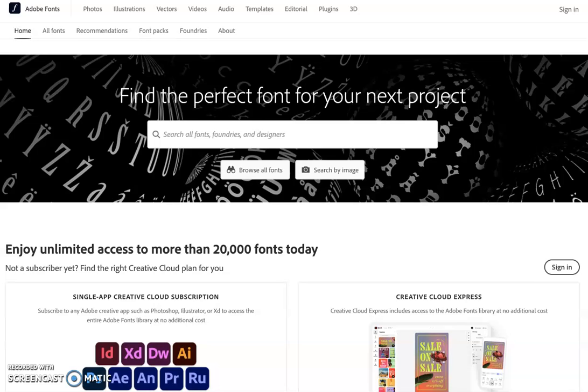I wanted to show you guys how you can find fonts that match existing designs. This is especially helpful for the ad campaign project where you're trying to design a new ad that looks like it could fit in a campaign with an existing ad. So what you want to do is go to